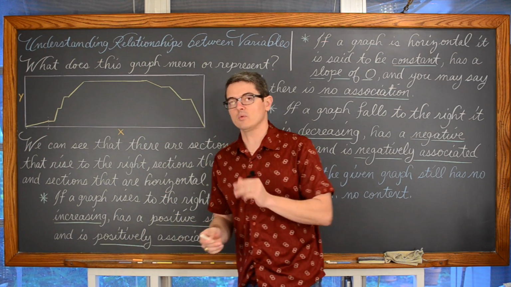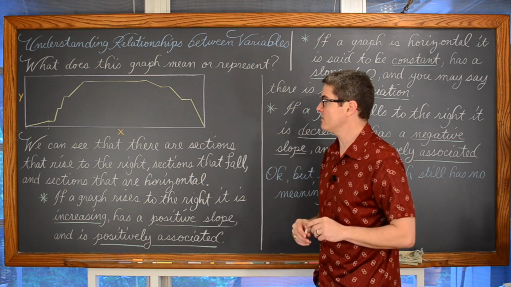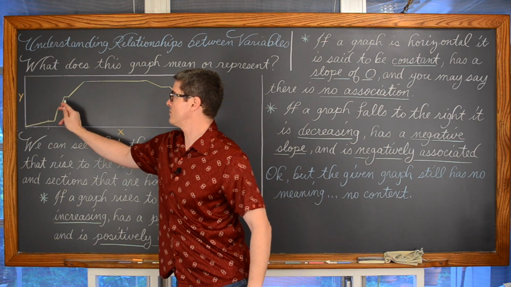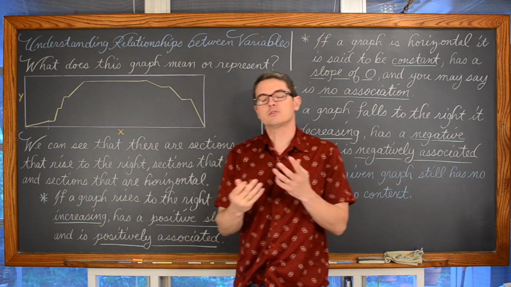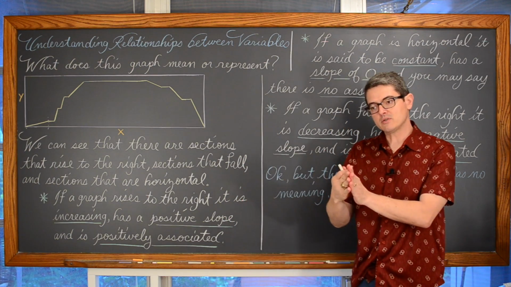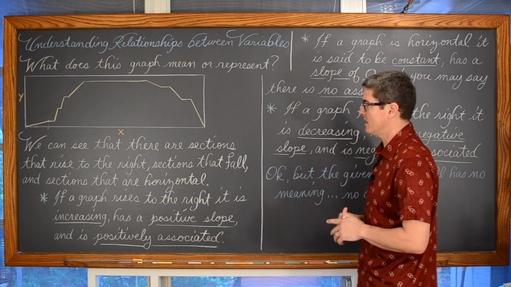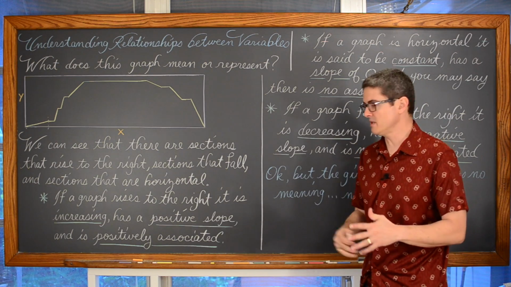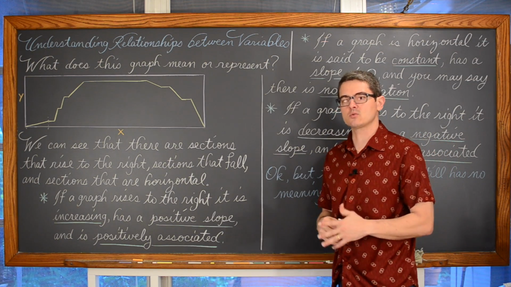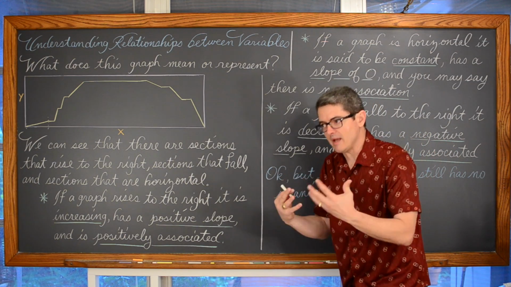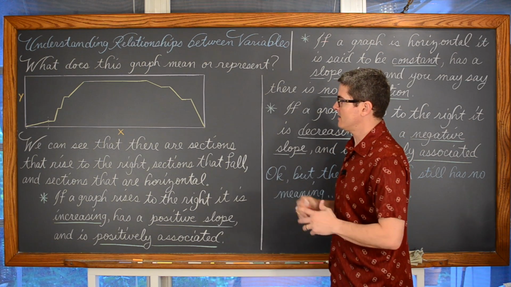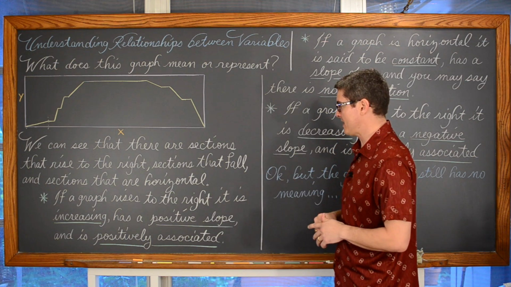So the intervals in which the graph is increasing, there are 4 of those intervals. Again, 1, 2, 3, and 4. And when describing those intervals, it would be describing where along the x-axis that graph is increasing. And when we get to the actual math processes and formulas, we'll talk more about that later.